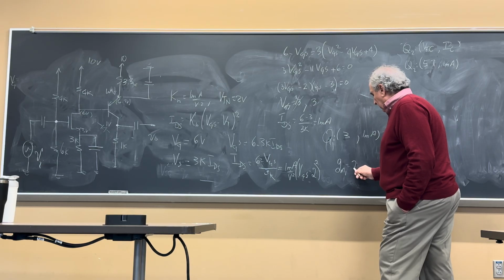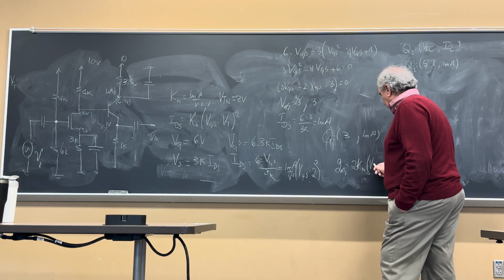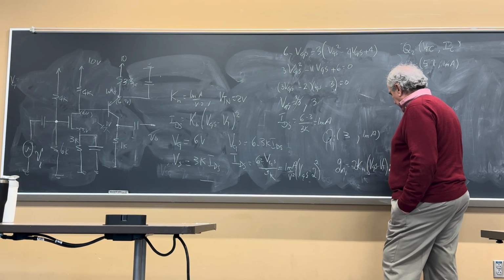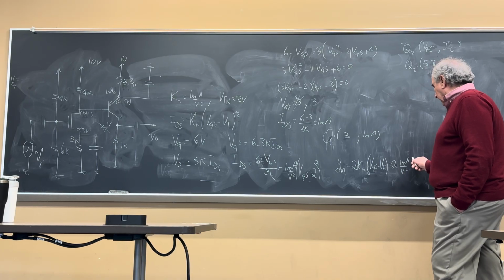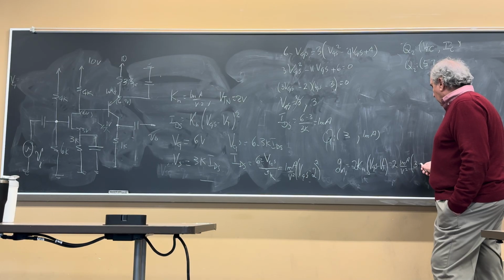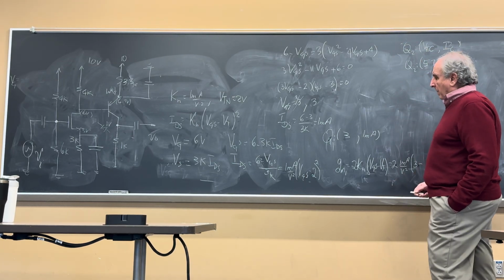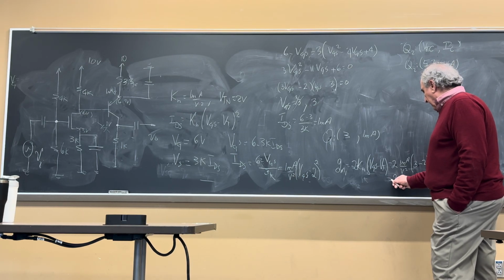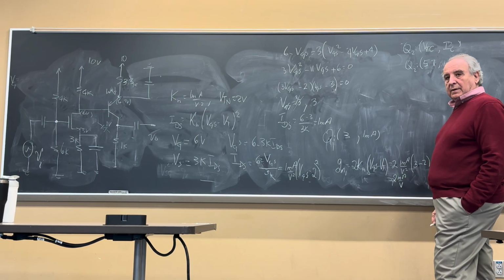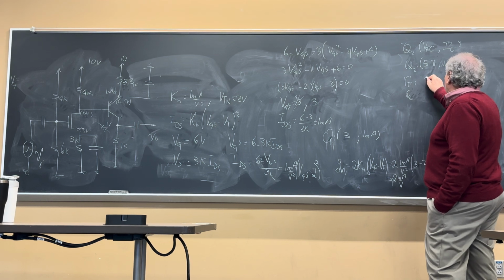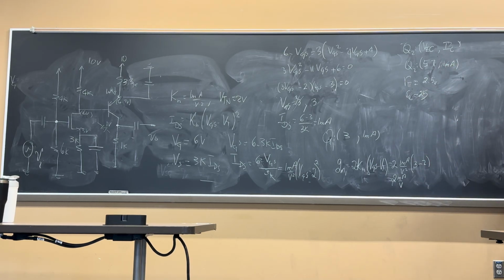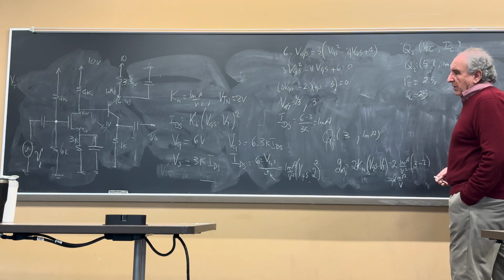G sub m1 is equal to 2K times VGS minus VT. So that would be 2, and K is 1 milliamp per volt squared. VGS we solved is 3 minus VT, which is 2. So the answer here is 2 milliamp per volt. Okay? Here you can calculate R pi if beta is 100, or little RE, depends. R pi will be 2.5K. Little RE is equal to 25 ohms. You could do T model if you need little RE with T model, but this is easier to do with the pi model. Okay, drawing the AC pi model,